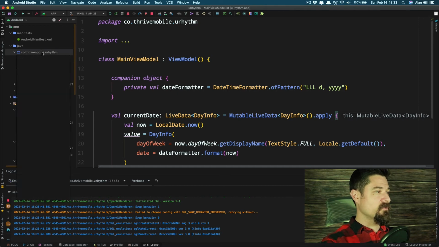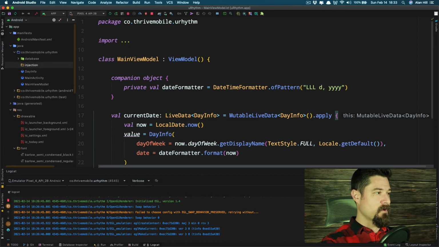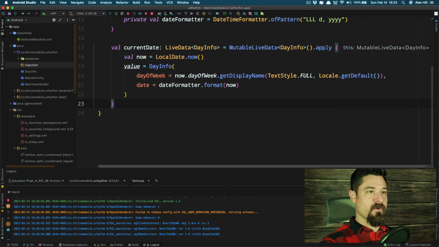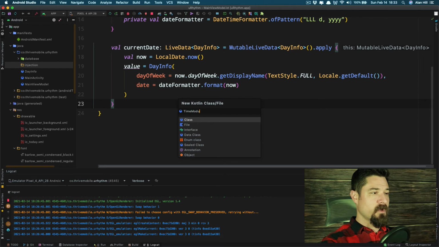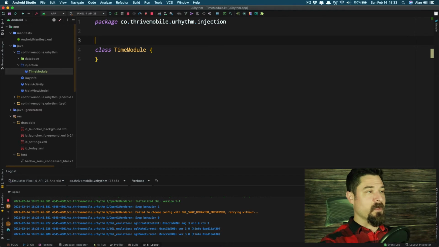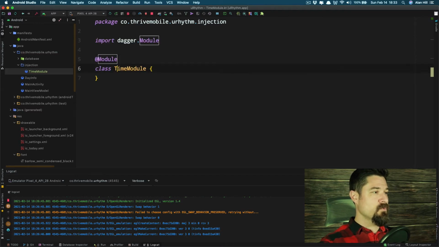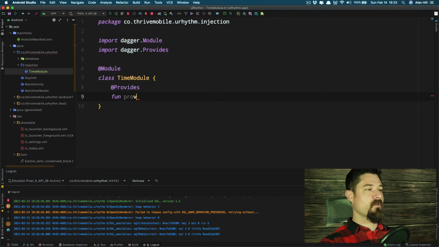So first thing I tend to do is I'll create a new injection module or package. Now modules are going to be the recipes that you need to create different components. I like to create one called TimeModule. The reason I do this is because it's dealing with time, and so now I have to annotate it as a module. And then we'll go, let's see, @Provides fun provideNow, and so that's going to return a